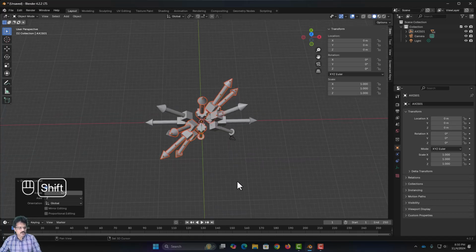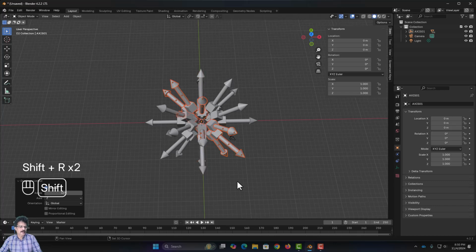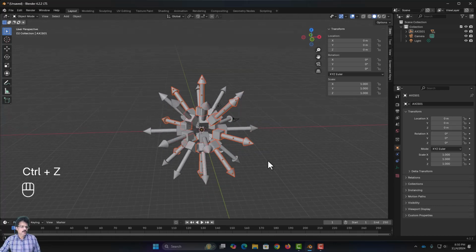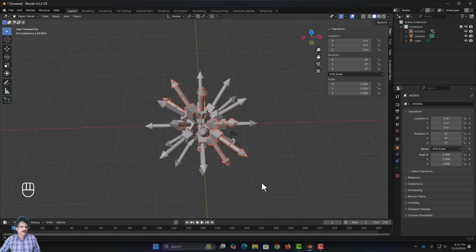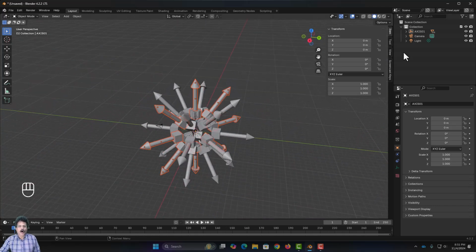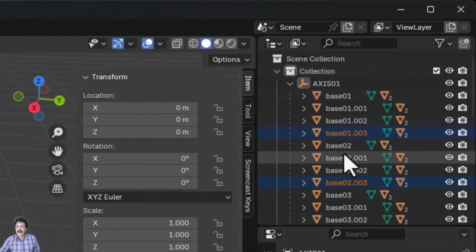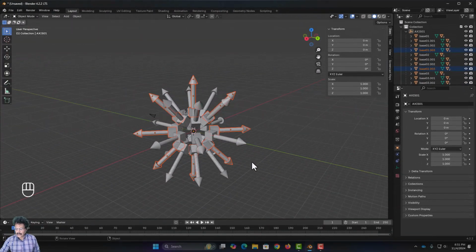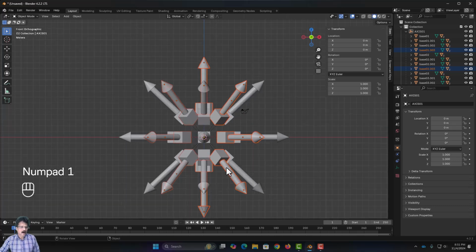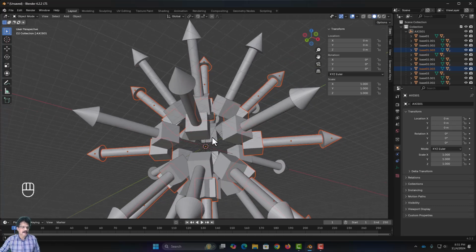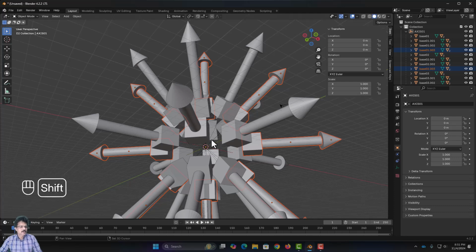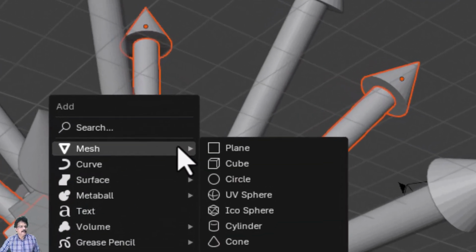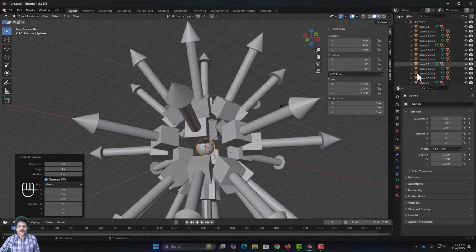Now I will press Shift R and I will rotate it 3 times. So now you can see a structure like this created, and all these are present inside the axis 1. So, you have an arrow like structure created over here. So, I will press 1 and come into the center, and finally at the center I am going to press Shift A, and I am now finally going to create one UV sphere,